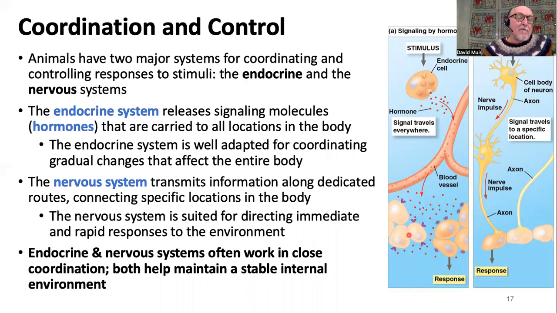So in the case of temperature, the hypothalamus may pick up that the temperature is dropping, and release hormones which end up causing muscles to begin to shiver and generate heat. That would be a typical stimulus, falling temperature, with a response, the shivering, which is produced by these messengers,